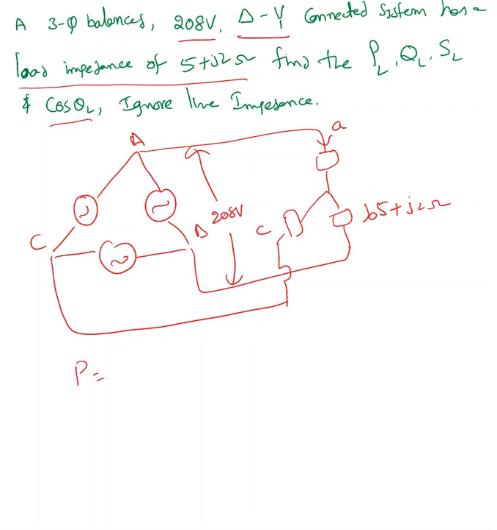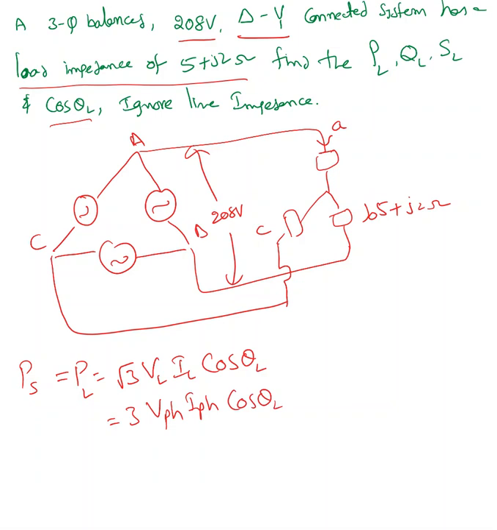P is nothing but square root 3 times VL IL cos theta L, since I'm finding the load. Here, since there is no line impedance, it must be equal to the source too. Or I can use 3 times VPH IPH cos theta L, the cos theta of the load, where it's not the line. So cos theta of load is equal to R over Z. I have R equal to 5, Z equal to square root of 5 squared plus 2 squared, which is 5